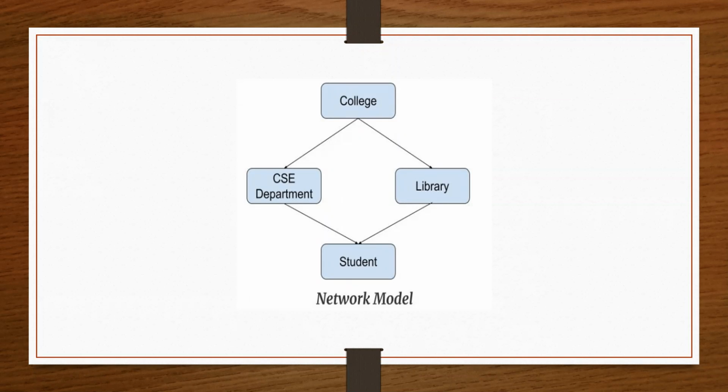Another table you can also make here, the event table, or a toppers table for the college's toppers. So whatever table you want to create, you can create and you can show the relationship between the tables. According to your requirement, you will show the relationships and then you can assign the names. For example, if we are creating the student table, the table is connected with the CSC department table and the library table also.